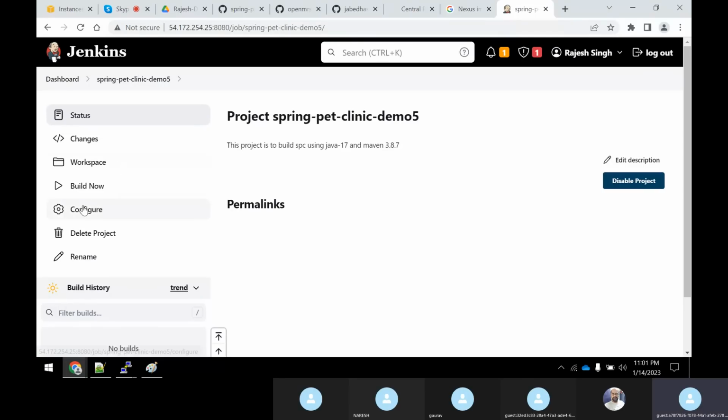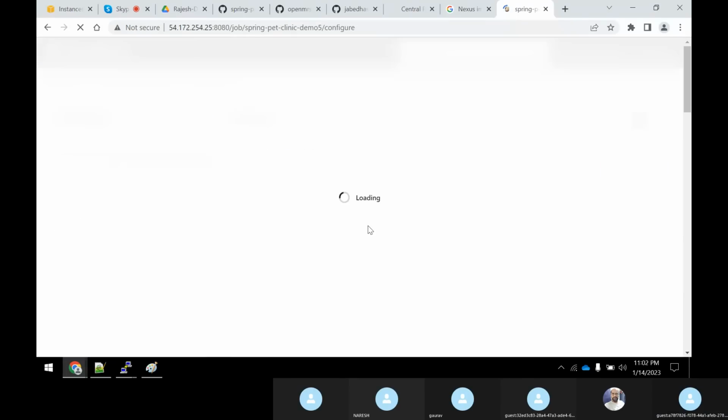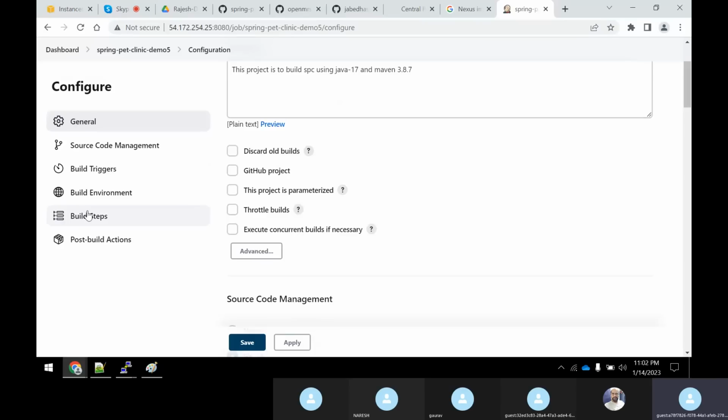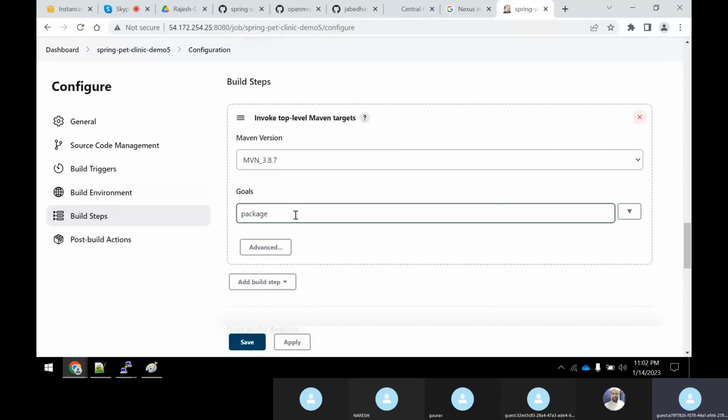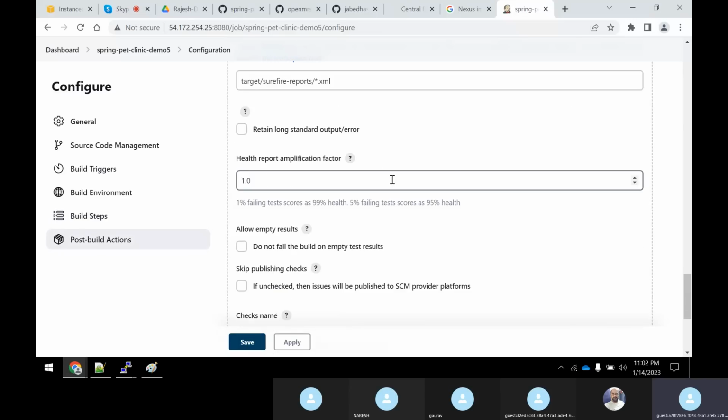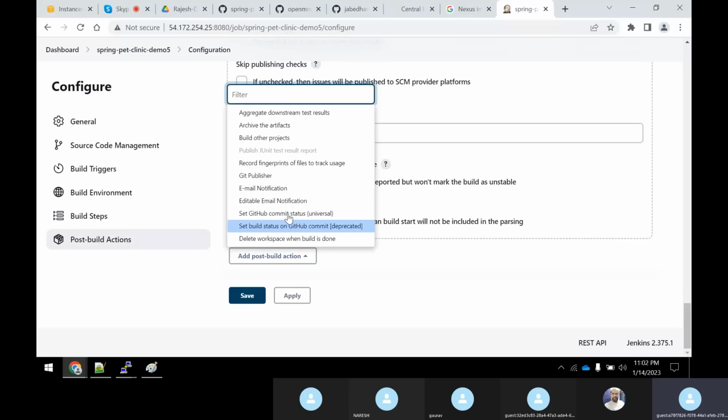I create one more project, go to the configuration, go here. So after the build step is done, after you are doing a main package, you need to even show all the unit test reports also. Finally, you need to give all those reports to the developer, whether the unit test has passed or failed. For that, you're doing a post build action, guys. Under the post build action, you're trying to select this publish JUnit test reports.